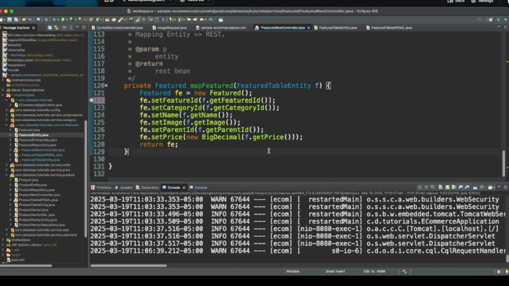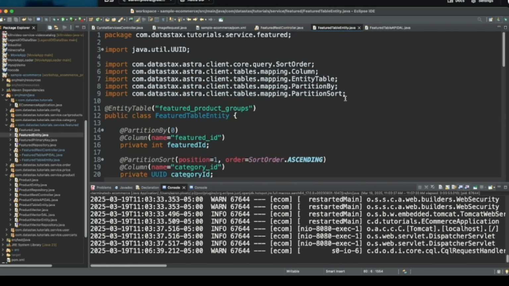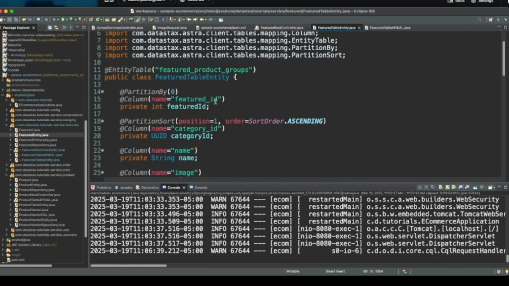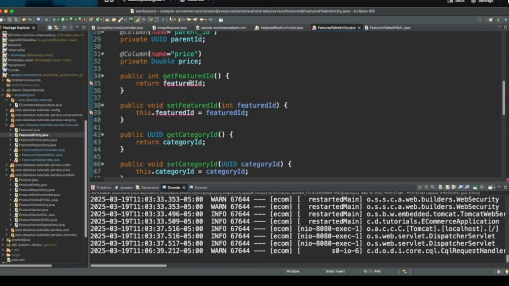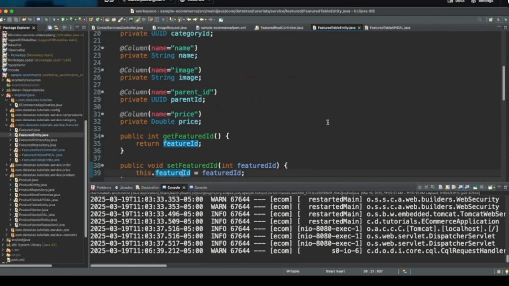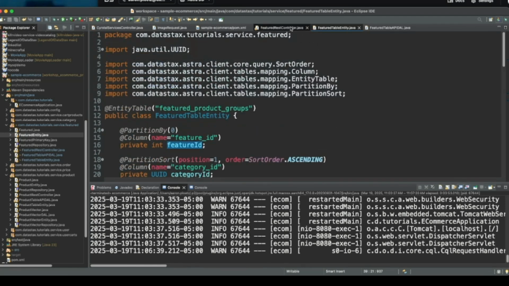And that's featured ID. Oh, actually, that's wrong. Yeah, I thought something didn't look quite right with that. There we go. So then we have to update our getter and our setter. Okay. Kind of working backwards here a little bit.